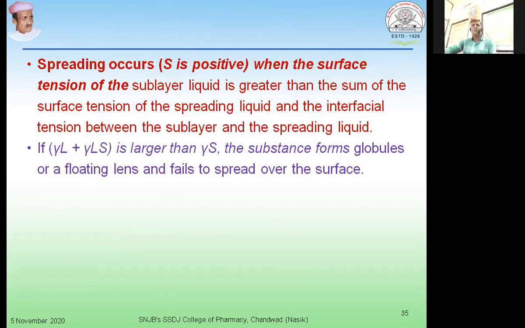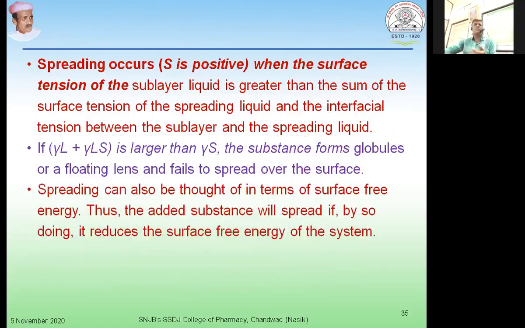So if the second term in the equation happens to be greater than the surface tension of the sublayer liquid, then for sure the value of S will be negative and the spreading liquid will not be able to spread onto the sublayer liquid, and hence it will form floating lenses or globules onto the